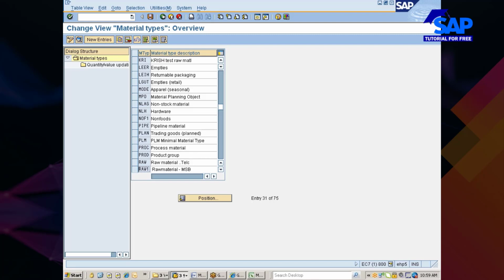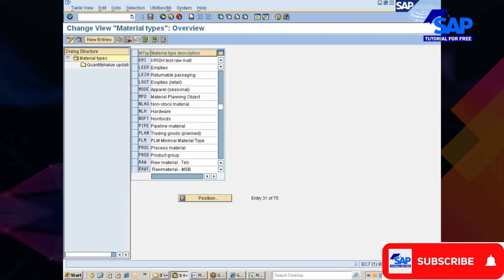There is also a non-valuated material, also called low value material, especially those items whose value is almost zero. It's not zero but almost zero. For example, a safety pin. For each 5 paise or maybe 10 paise you will get one safety pin. What is the cost of that? Very less.